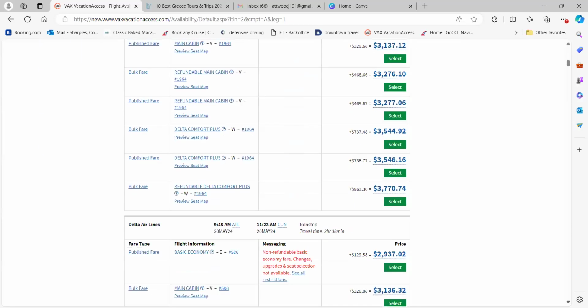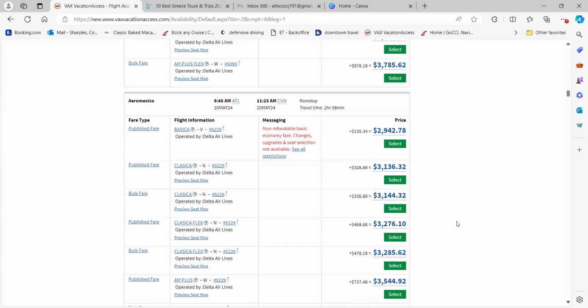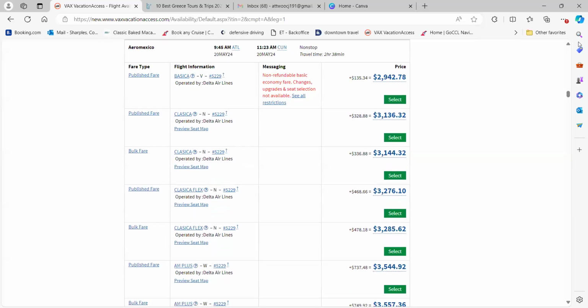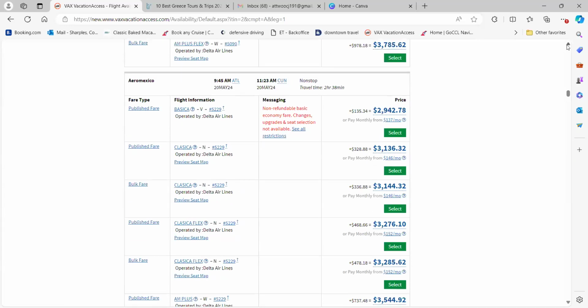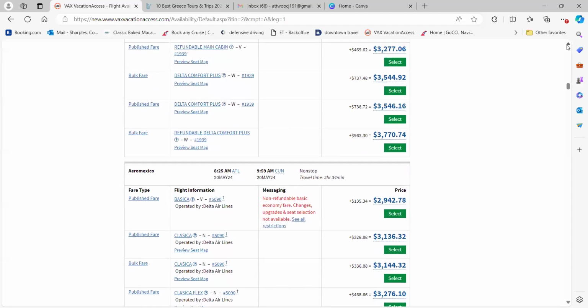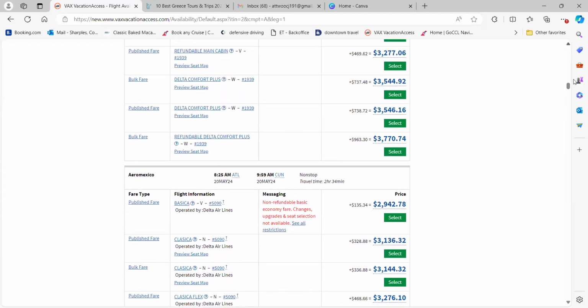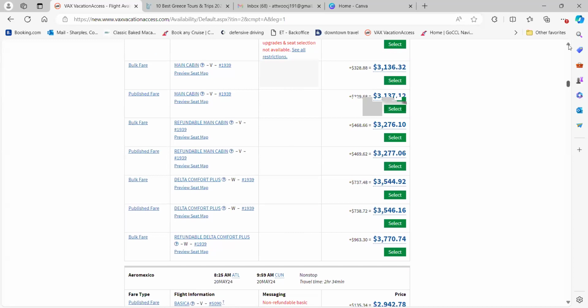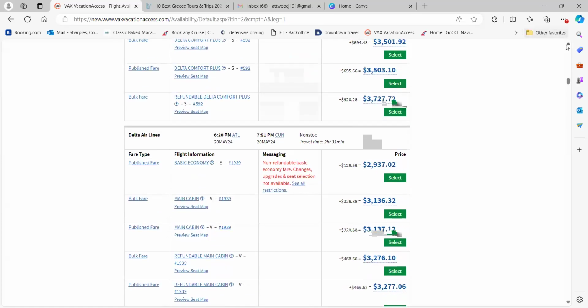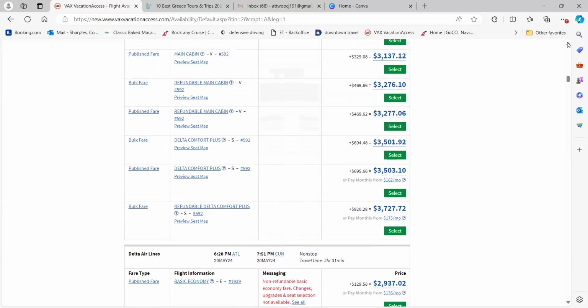So you'll see, whoa, sorry, my screen is glitching. That was really weird. So with this here, there's a difference. Aeromexico usually is run by Delta, so that's something to take in common. If I'm looking at flights, I'll typically try to find something that doesn't fly out too early in the morning. It's just a little laggy right now with these flights. If they want to spend the day at the resort, they're probably not going to want to get there at 7:51. So you want to take that into account when you're choosing flights.